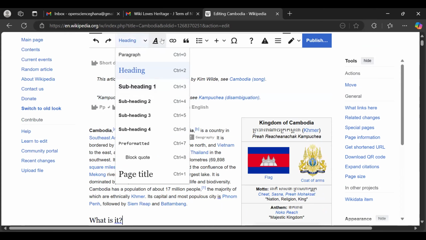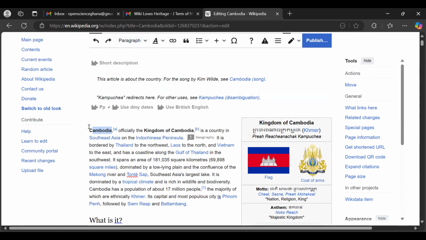Now italics, you would see that Cambodia is italicized. It is bolded. So I just removed the bold. So this is basically how you bold text. You just highlight it like this, and you click on bold, and the text is bolded. To italicize is the same process. You highlight the text first. So the first thing is to highlight the text and then click on italic. Then it is italic. So bold and italic. So this is basically how you add bold and italic and even paragraph.